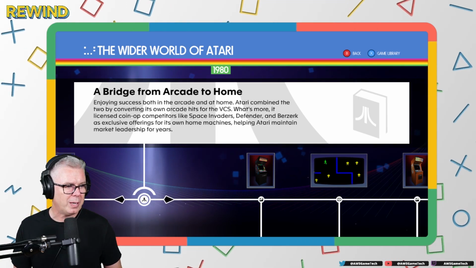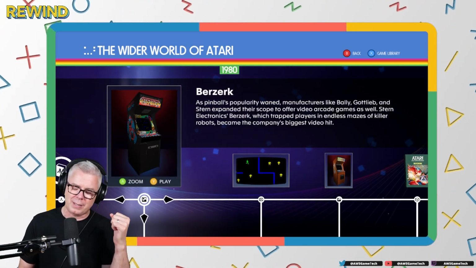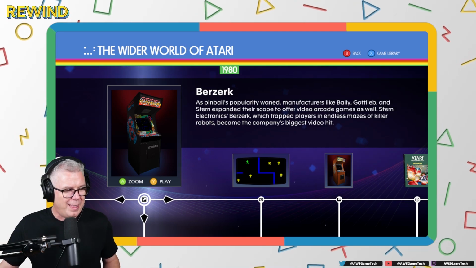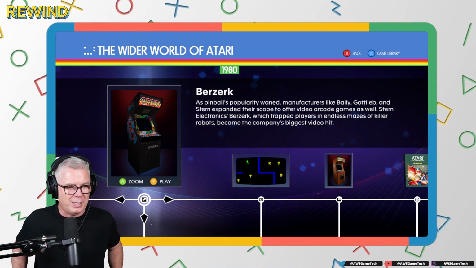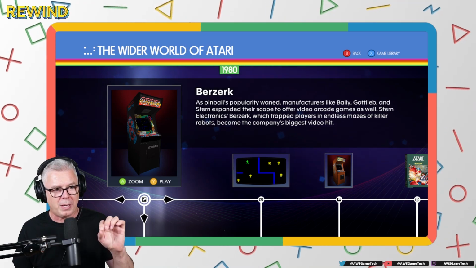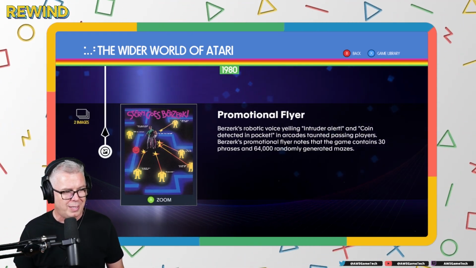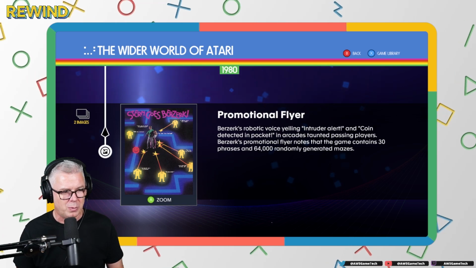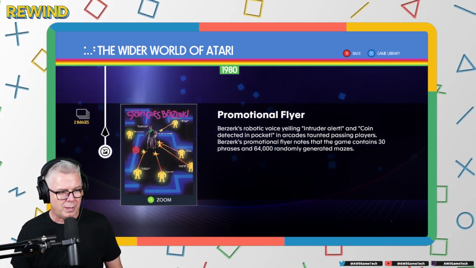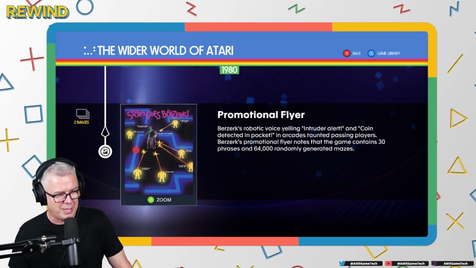A bridge from arcade to home. Berserk. Yes, Berserk. This one is great. All right, let's go ahead and jump in and play the arcade version first, which is exactly what we're going to do here. Berserk's robotic voice yelling "intruder alert" and "coin detected in pocket" taunted passing players in arcades.